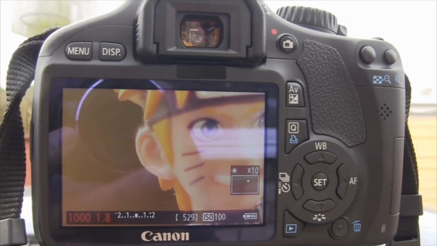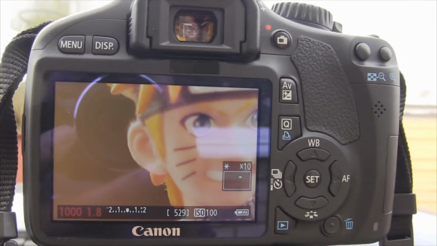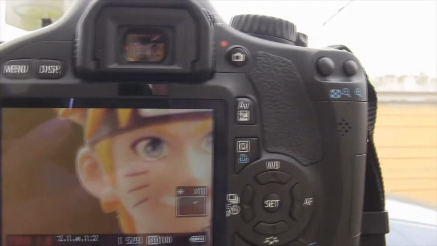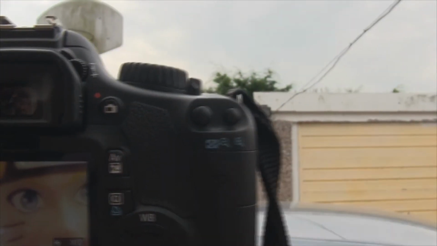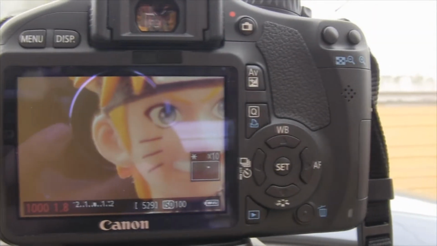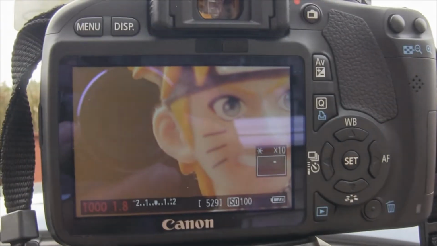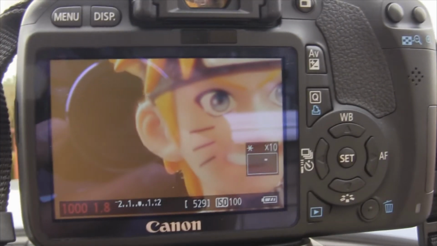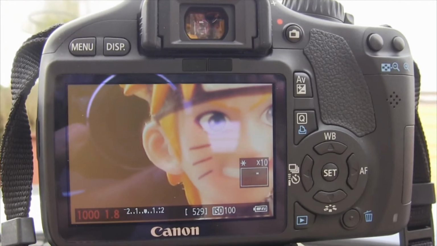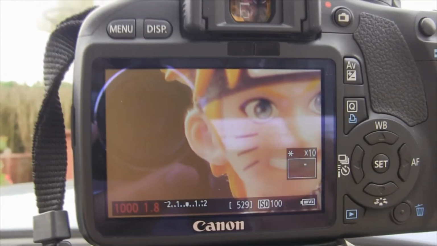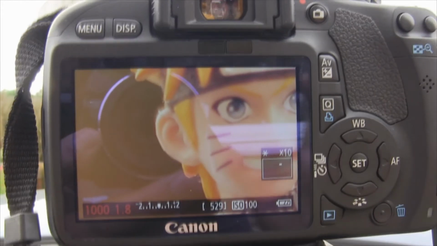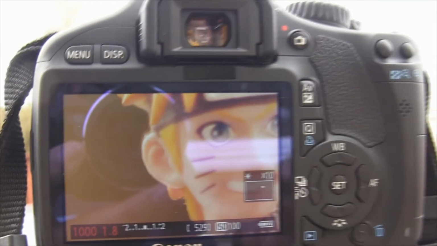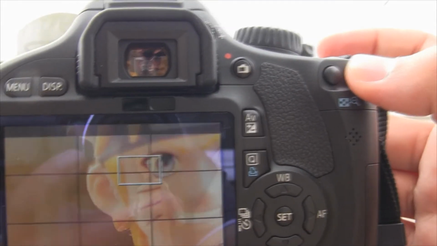Before you begin shooting, make sure your focus is absolutely spot on. An easy way to do this is to use this button up here to zoom in on the screen and manually set the focus. This is zoomed in at 10 times right now, so in the normal view it may look like it's in focus, but when you actually view it later on a bigger screen, it could look completely out of focus. So make sure your focus is absolutely spot on by zooming in, setting it manually, and then zooming back out